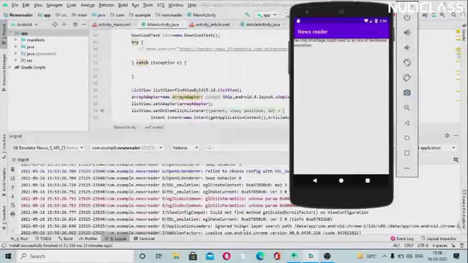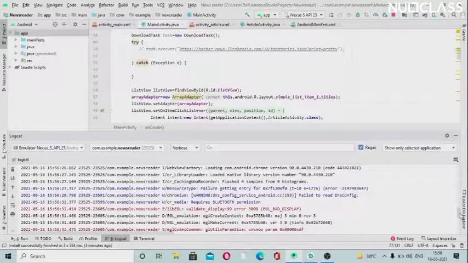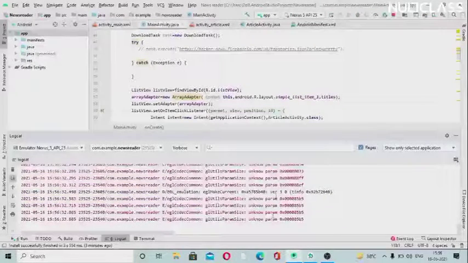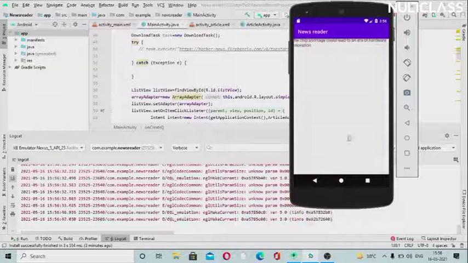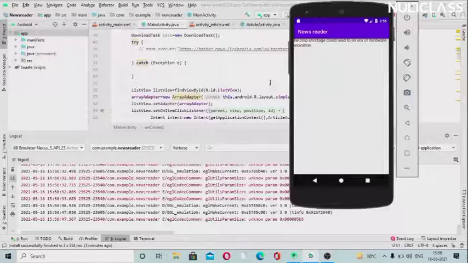On clicking this, it will also take a lot of time. You can see this will also run a lot of code, and due to the size it was not showing at once. It will take a lot of time to show the whole news, due to the space problem. But we have already got the news, so we will click on this, it will elaborate and show the whole news.